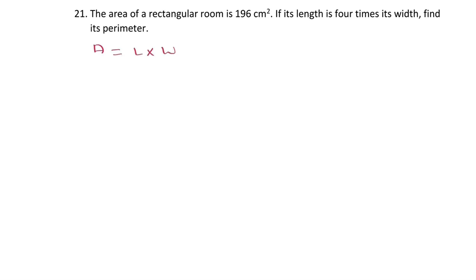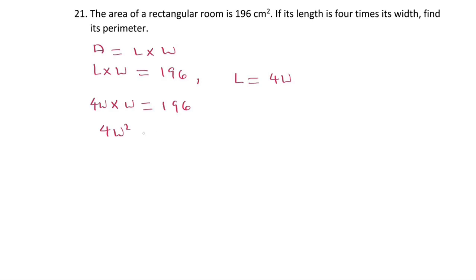Applying this formula, we have L times W equals 196. From the question, we have been told that the length is 4 times the width, so L equals 4W. Let us substitute this into our formula. We have 4W times W equals 196. Solving this, we have